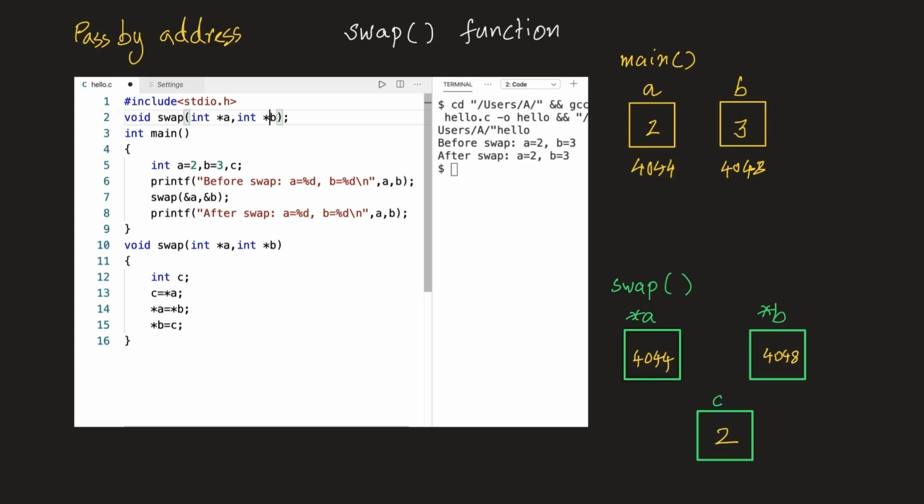Then the next line is *B is stored in *A. *B is the original B, is stored in *A which is A itself. So instead of this 2, now we have 3 here. And the third line is C is assigned the value of *B. C is 2, that is going to be assigned in *B, the original B pointed by this address. So this 3 is going to be changed to 2. So finally